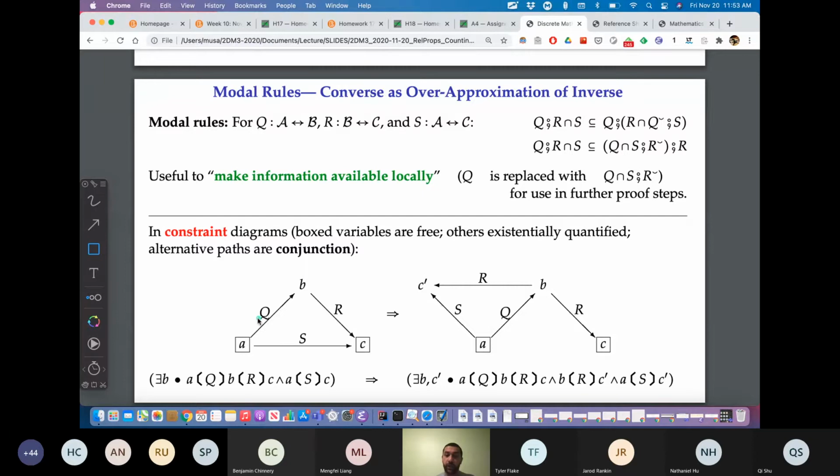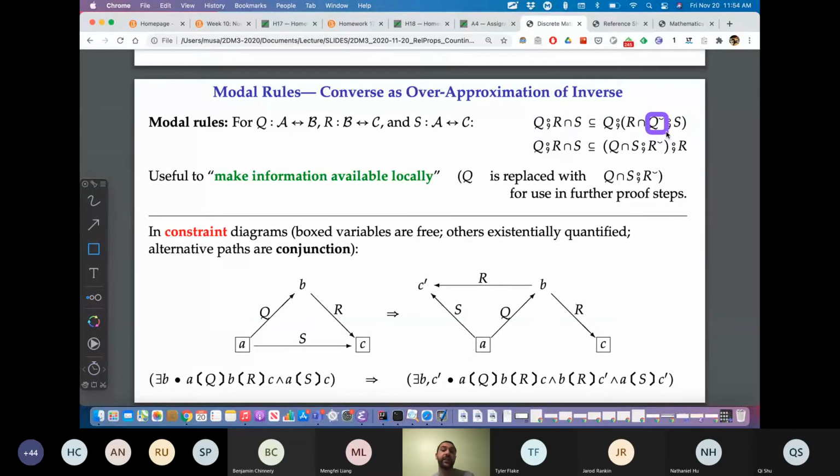So you have Q and you're doing Q and then you're doing R. Let me change the arrows. You're gonna go Q. Q will get you all the way to B, and then to get to C you use R. And at the same time, you also want S to be true. So you're trying to do multiple things at the same time. Then you can forget about the relationship with S. Right? You duplicate it, but forget a little bit to get to the other side. Right? So the idea is it's like I have Q times R intersect S, and this is contained, right?